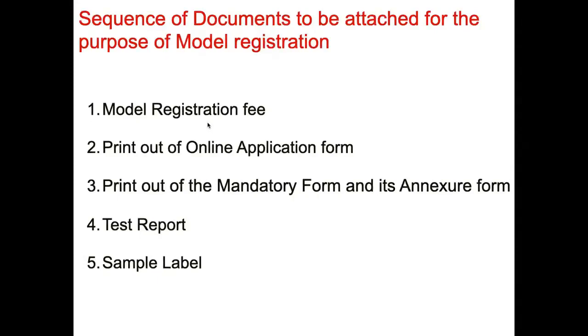After that, a print out of the online application form, properly signed and stamped with the company seal. And after that, print out the mandatory form and its annexure form. There might be two annexures, three annexures, whatever formats